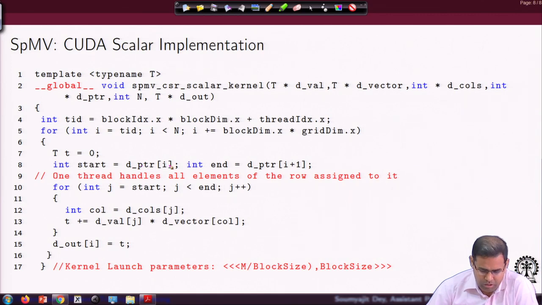The rest of it is very simple. It is similar to the CPU implementation. So, you start from the dptr(i). That is the PTR matrix position, and you are going to end of course at the dptr(i) plus 1, and for each of these locations you are sampling the column, and you are getting what location from the vector to get, and also you are accumulating the values in T, and you are multiplying this vector with the val matrix corresponding location that you have in J. So, that is very simple, similar to the CPU implementation.